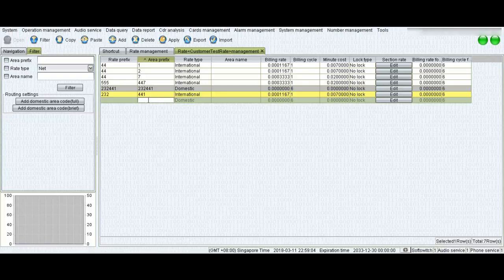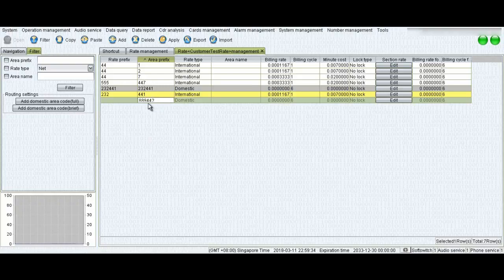Let me take one more example, where you want your customer to dial using prefix 889 with UK country code 44 to area prefix 2, which is also the UK landline code. Now this is a complete and correct format.